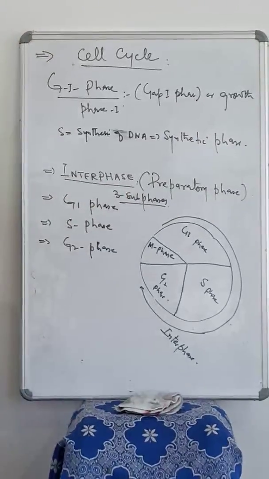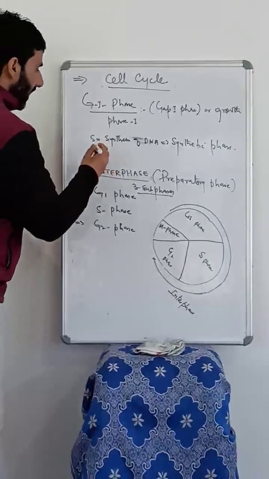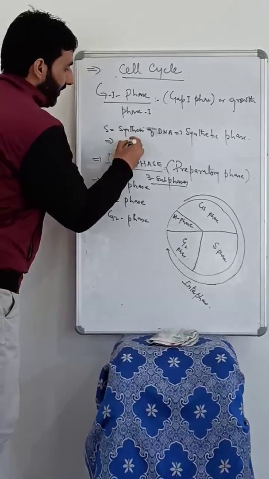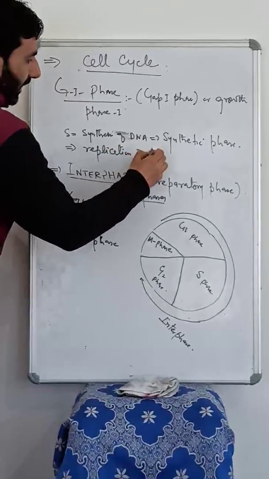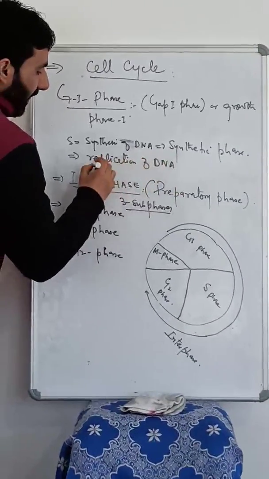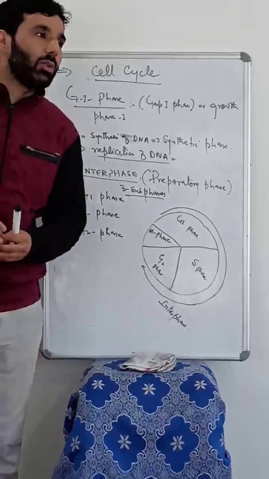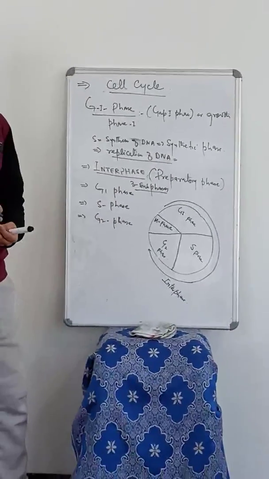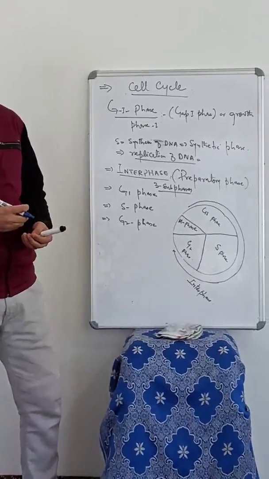एस फेज को कहा जाता है सिंथेटिक फेज, that is, there is synthesis, there is formation and replication of DNA. तो एस फेज में डीएनए की रेप्लिकेशन हो जाती है, डीएनए का जो अमाउंट होता है वो डबल हो जाता है। We know that हमारे पास जो सेल होती है we have 46, we have 23 pairs